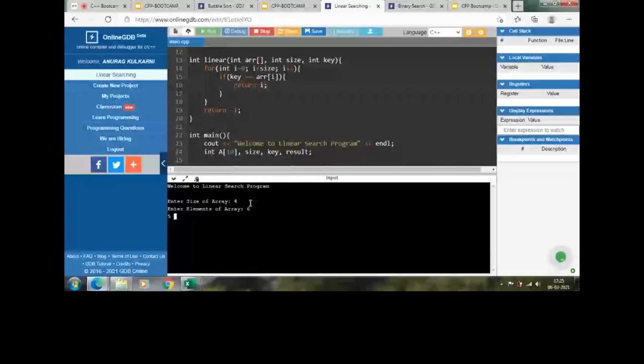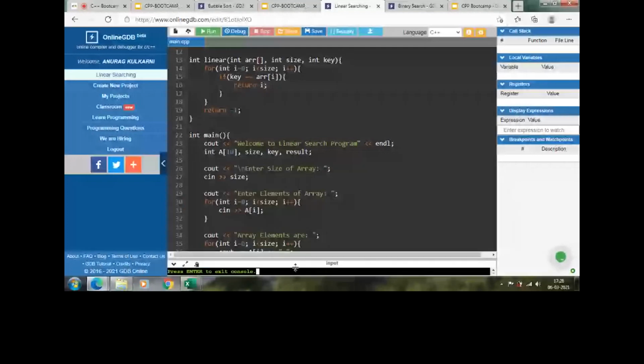Now let us find the element 8. It returns that the key is found at position 2. So this is position 0, this is position 1, this is position 2, and this is position 3.